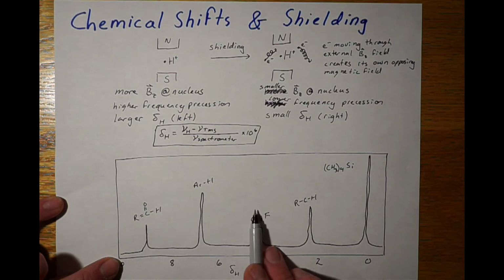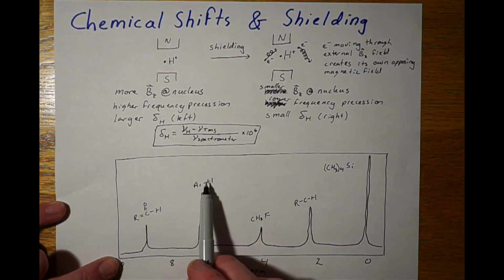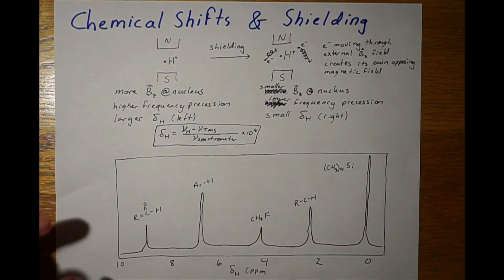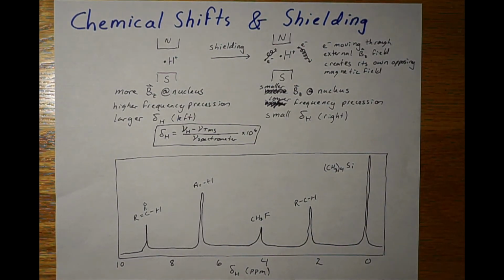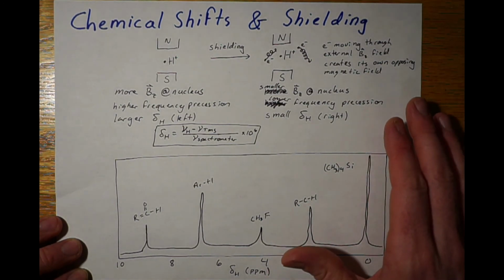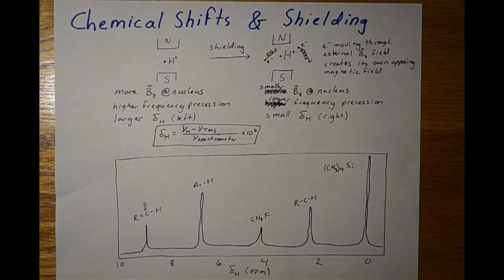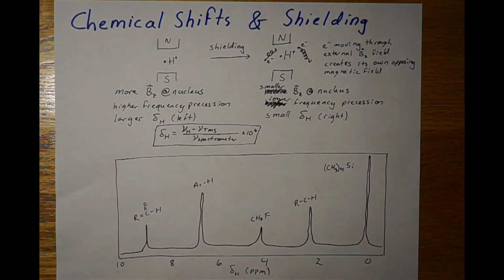Something like fluorine, now our fluorine is pulling more of that electron density away, and as we look at different functional groups attached to our proton, we're going to be moving to a greater and greater chemical shift in parts per million here. So this allows us, at least as an initial way, to understand a little bit about the possible functional groups and chemical environment and